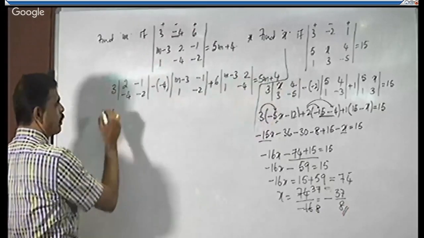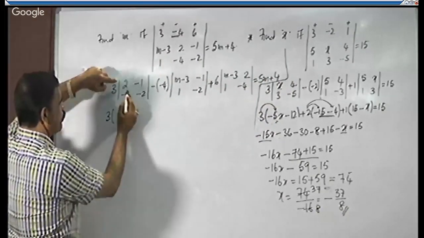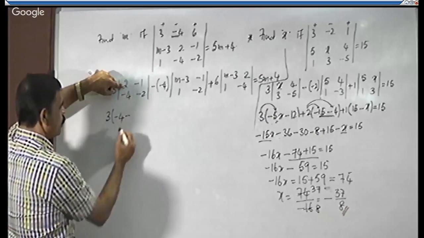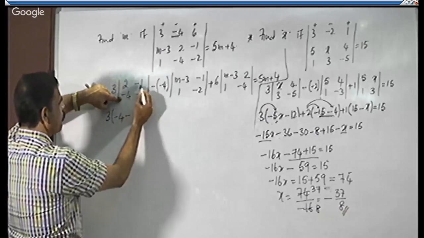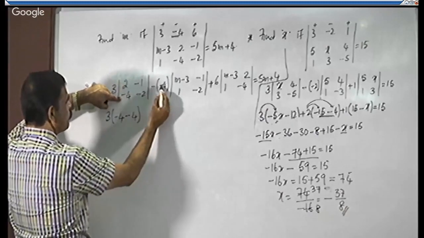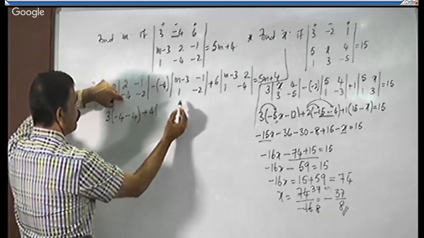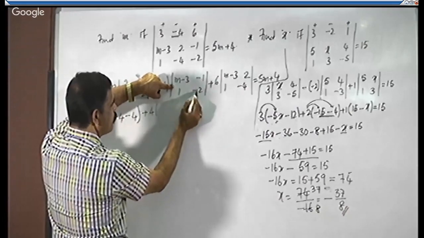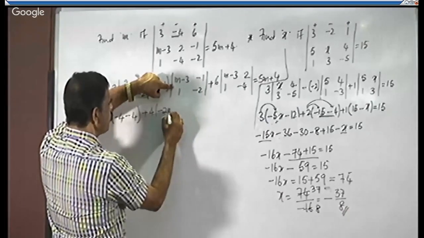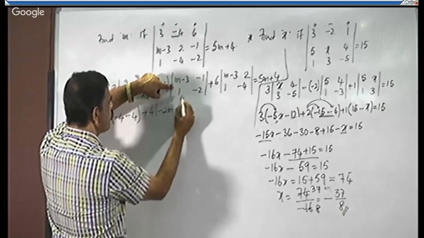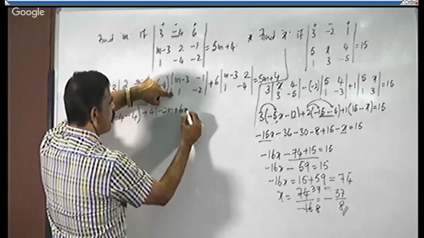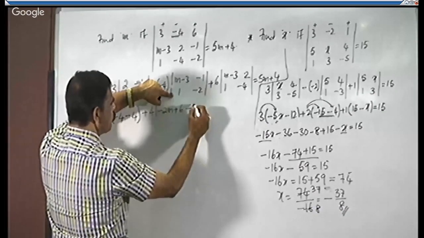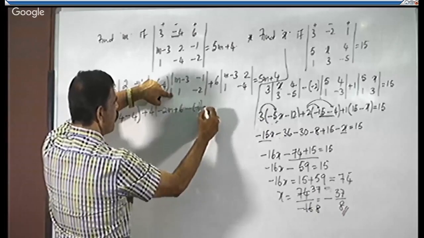Then expand the second order determinants. 2 into minus 2 is minus 4. Formula minus, minus into minus plus, 1 into 4 is 4. Minus of minus plus 4 into, multiply these two. Minus 2 is multiplied with both the elements, right? Minus 2 into m, minus 2m, minus into minus plus, 3 2s are 6. Formula minus, multiply secondary diagonal elements. 1 into minus 1 is minus 1. Plus 6 into,